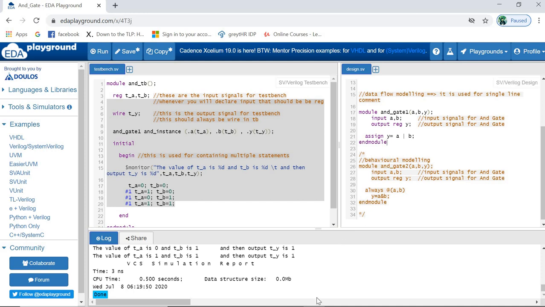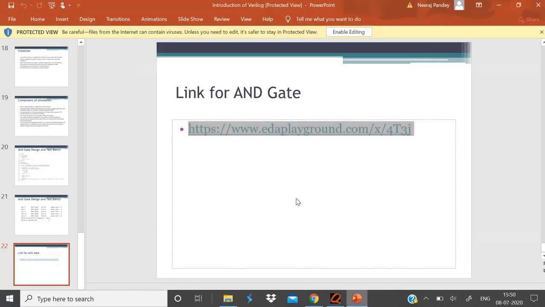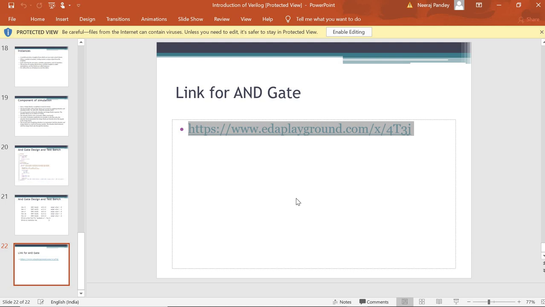So this session has been completed. This was the introduction of Verilog: how Verilog basically works, what the design blocks are, what the test bench part is, and how many ways there are to write the code. This is a very small part of Verilog, the first chapter, you can say. If you have a good understanding of this, then we can move further and become very good in this domain.